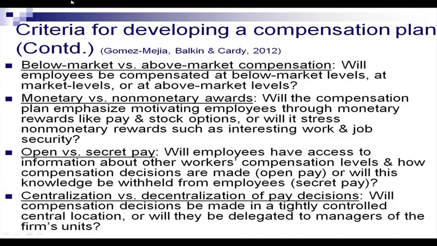Then we also need to decide whether our employees will be compensated at the market price, or whether we will give them less money than what our competitors are giving them because we can afford to do so, or we will give them more money than our competitors are giving them. Again, I will take an example that may not appeal to a lot of people, but anyway, even if IIT paid us less salaries, many of us would still stay here.